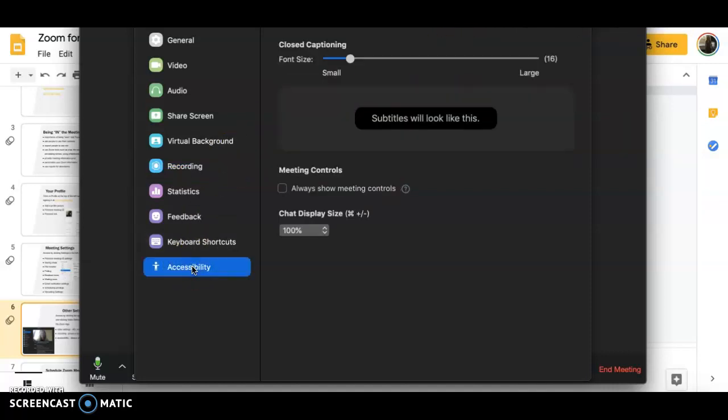The last thing I might recommend to you is accessibility. If you want to always show the meeting controls instead of having to hover, you can turn that feature on here. And we'll look forward to